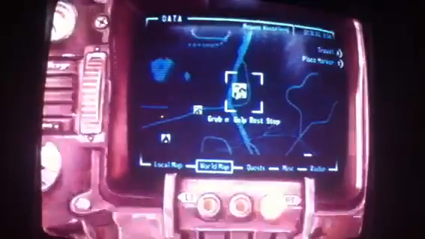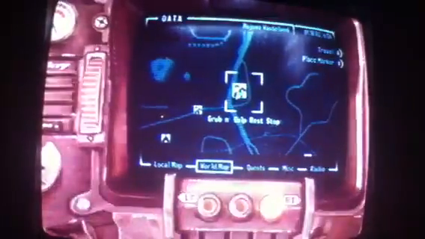All right, so we made our way to the Grub-N-Gulch with barely any action. I'd say that's pretty excellent. I say so myself. As I'm showing you guys, it is possible at like level 1 from the beginning of the game to come all the way up here